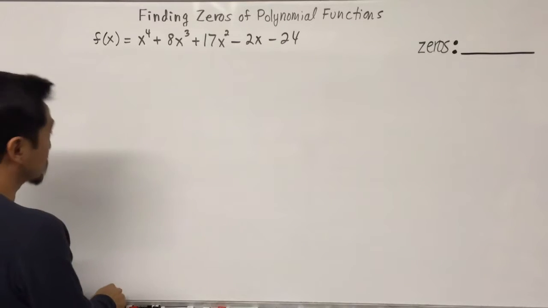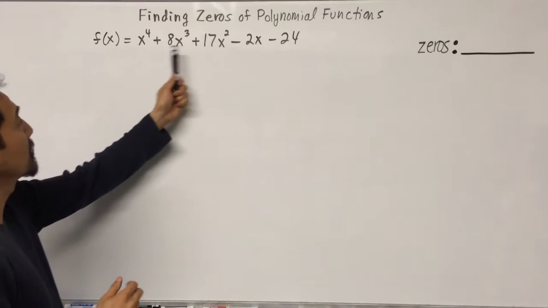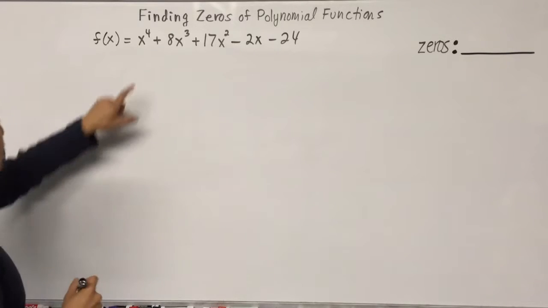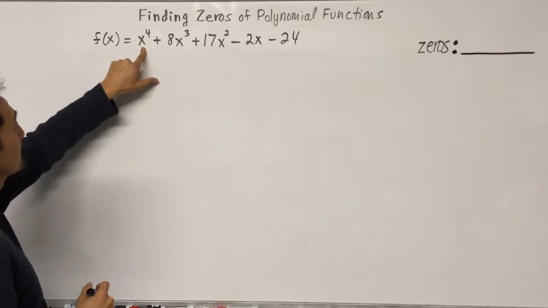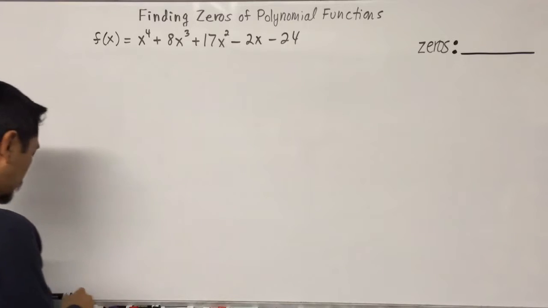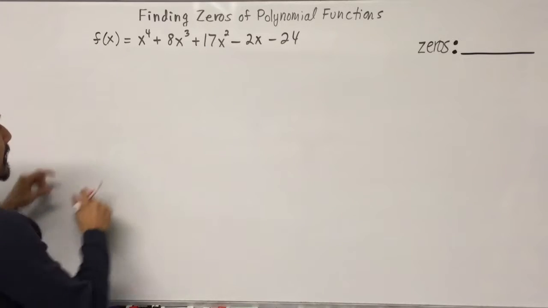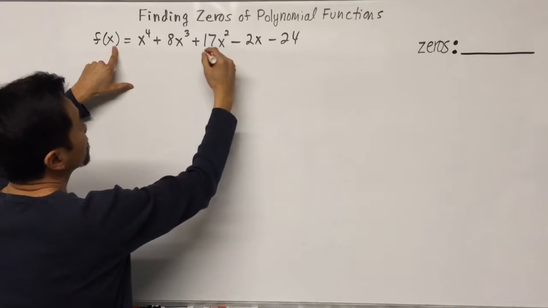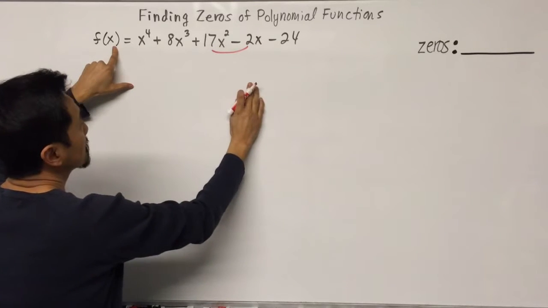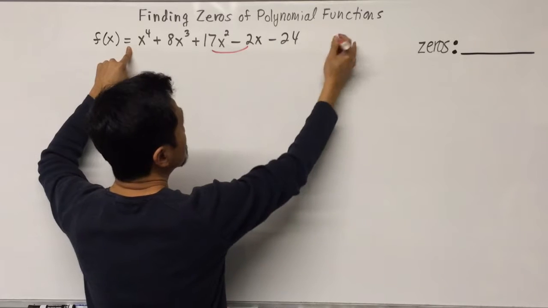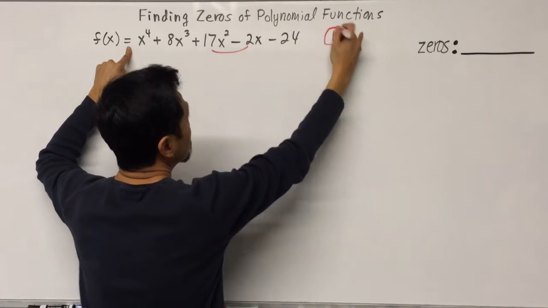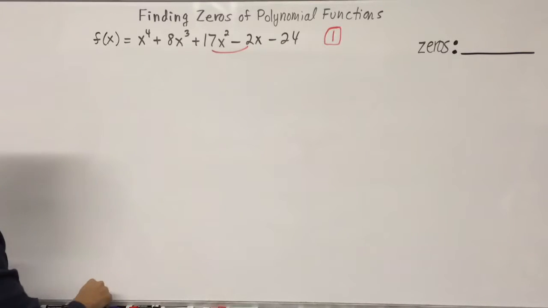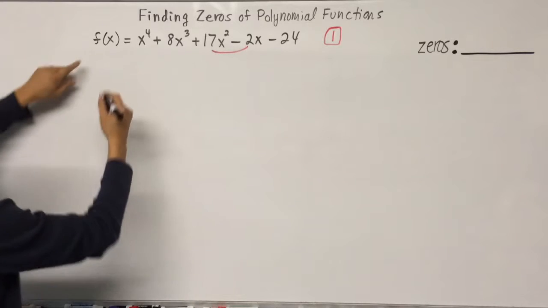Okay, let's do this next example of finding the zeros of a polynomial function. We've got a fourth degree polynomial, so it's going to have 4 zeros when we count them individually. I'm going to begin by looking at the sign changes in f, and there is only one. So that means that this function is going to have one positive real zero, and then we're going to